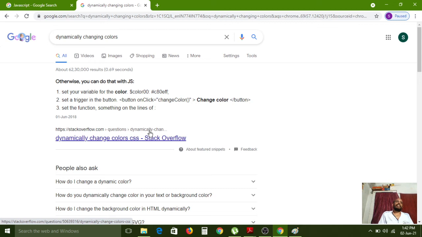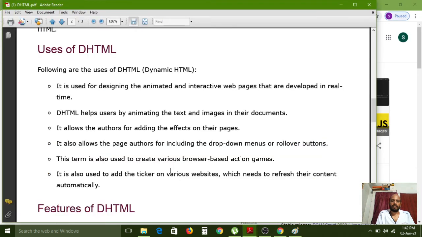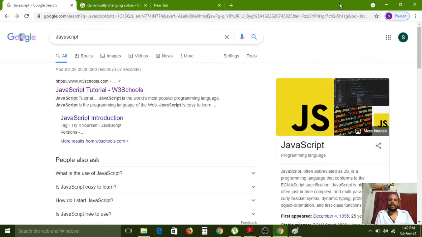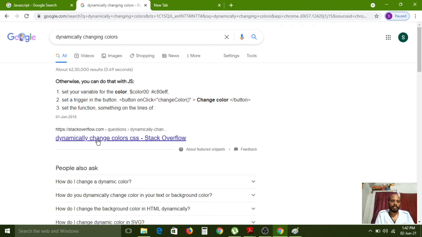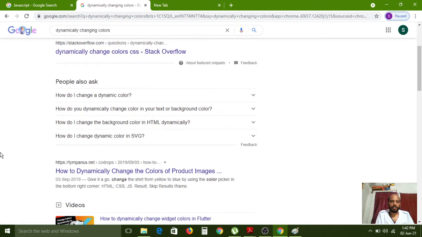So what is the difference between static and dynamic? Static is nothing but if you want to change any color in the HTML page, colors. How do I change the dynamic color?